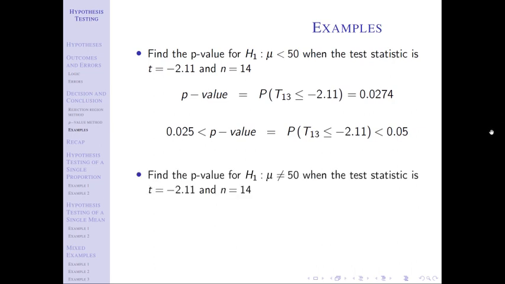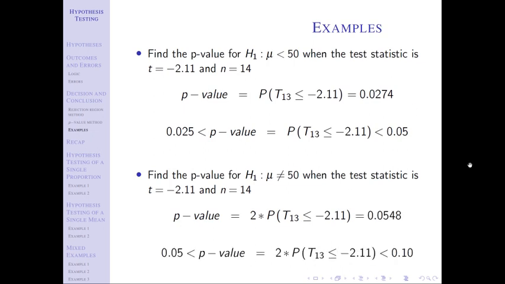Same idea here for a two-tailed test on mu. I have to multiply the p-value by 2. Again, do not use the not equal to symbol in the probability statement. This is a negative, so I'm going to stick with a less than or equal to symbol here. And it's the same value we found before, but times 2. And in this case, when I find those two values that I've bounded this 2.11 between in my table, now when I go to the top of the table, I use the two-tailed area row, and that should lead me to the values 0.05 and 0.1.